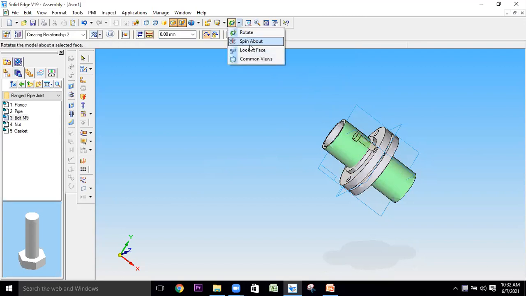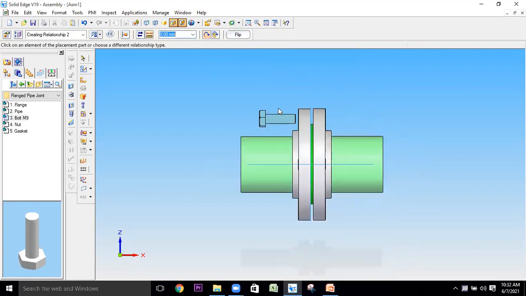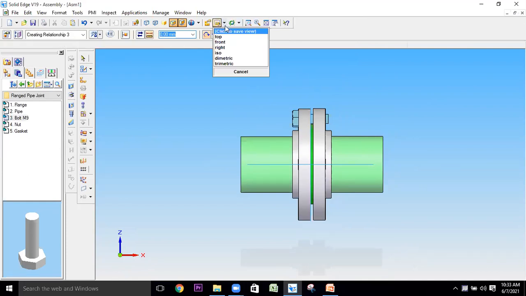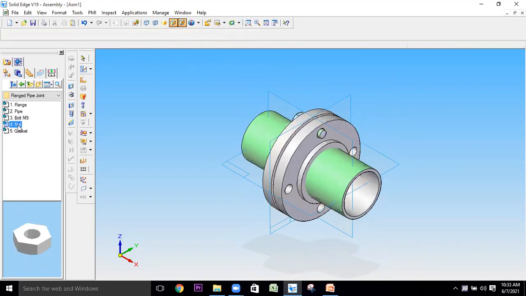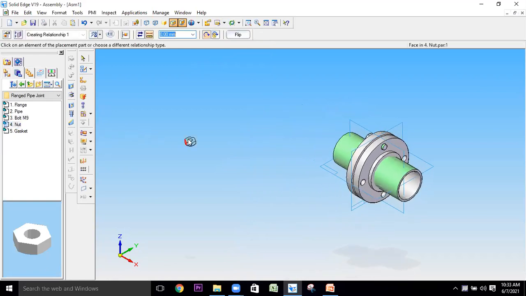Then after that, I'll be going to this front view. After this, I'll be selecting this face with respect to the face of the flange so that it will be fixed. Once this is done, I'll be calling this nut. But for that, I'll require it once again in isometric mode. Then I'll be bringing this nut over here, and after that, I'll be selecting this